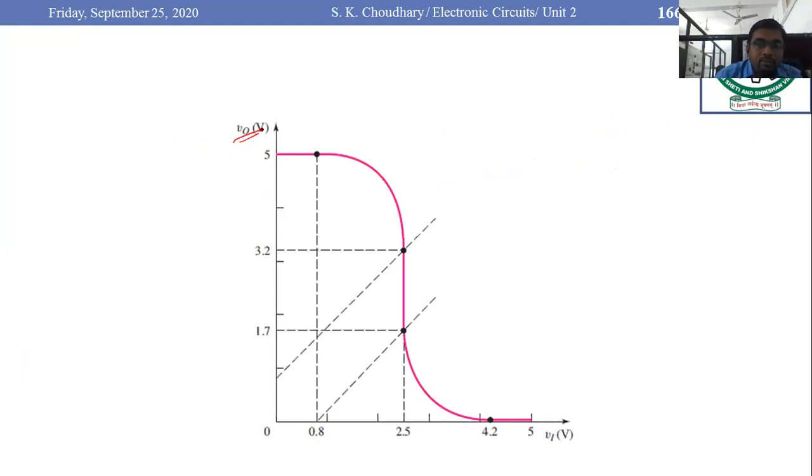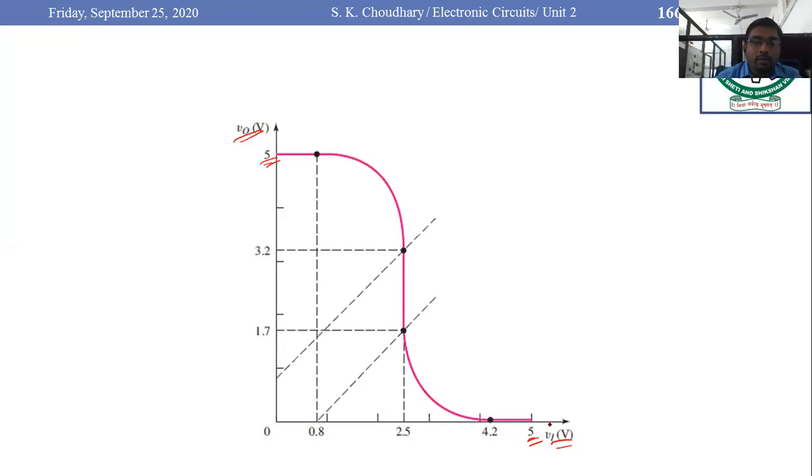In the y-axis you have the output voltage, in the x-axis you have the input voltage, and the output voltage has a range 0 to 5 volt. Why? Because VDD is 5. So output voltage could be maximum 5 volt here. Similarly, input voltage could also go to the maximum 5 volt, because in the inverter there is no amplification. Whatever the input, it would be inverted to the output. Means if the input is 0, output would be maximum. If the input is maximum, output is 0 in the ideal case. So this is the ideal curve actually plotted.